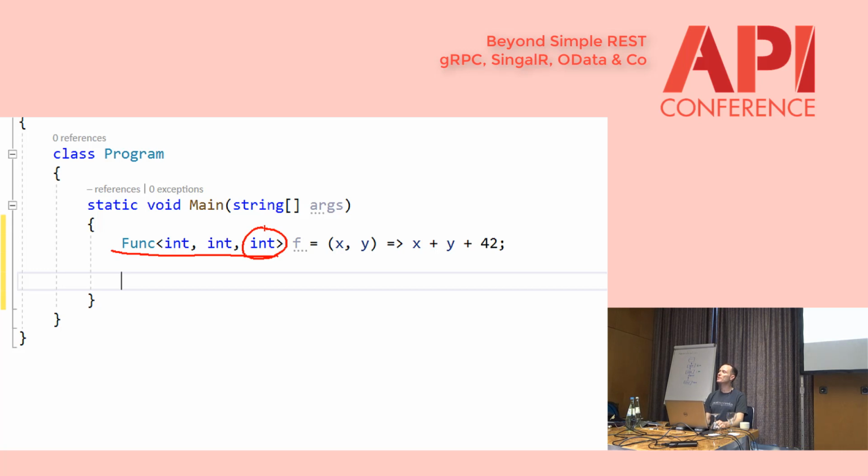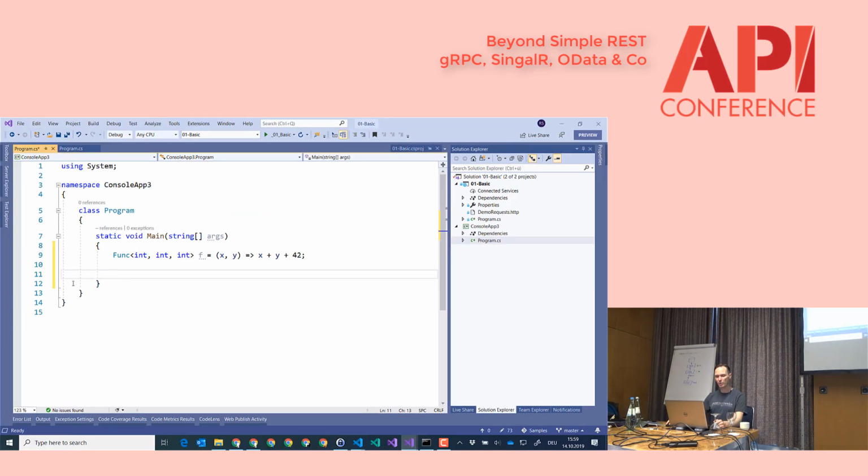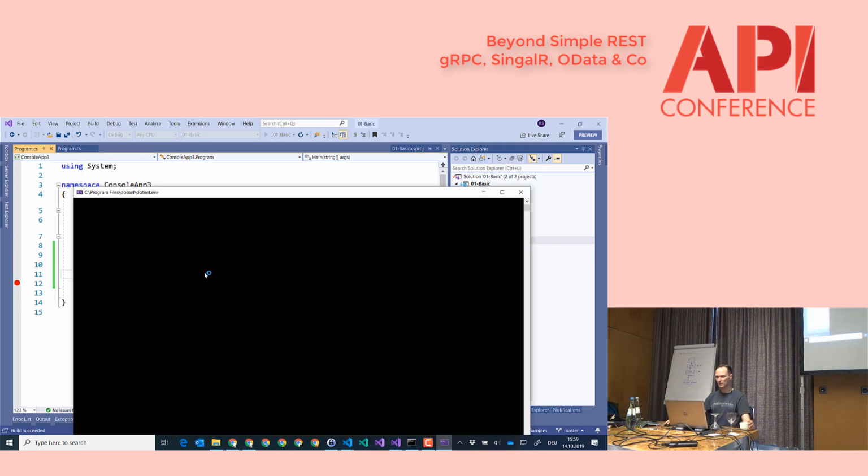And I just say x plus y plus 42, whatever. If I write something like that, and I put a breakpoint here, and I press F5, if I hover over F, will be done in a second,